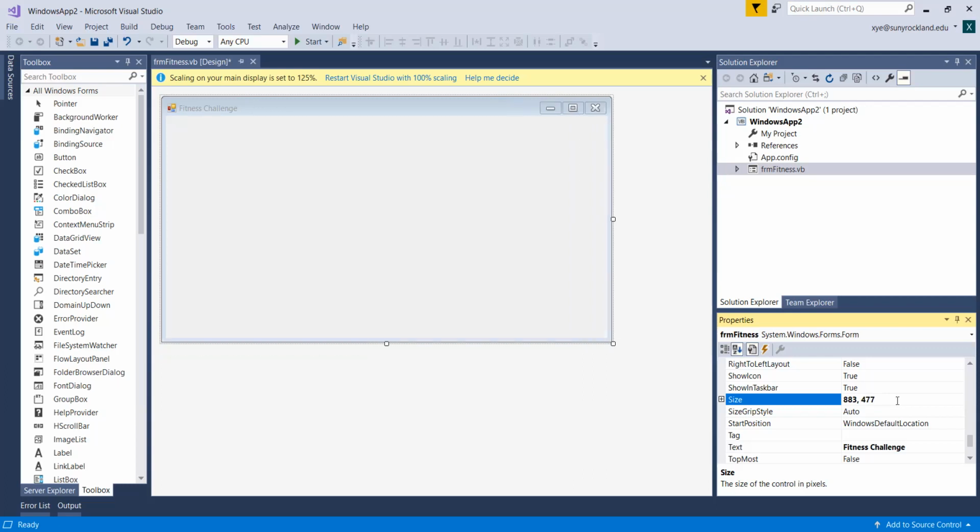Okay, so this is what we had. You change the size to 883, 477. Then next one, we're gonna add a menu strip. So far we had three things: change the form name, change the text of the form, and change the size. Now we are gonna do the